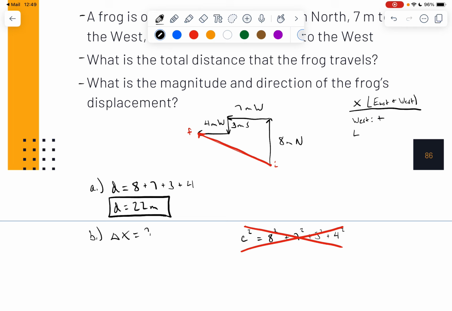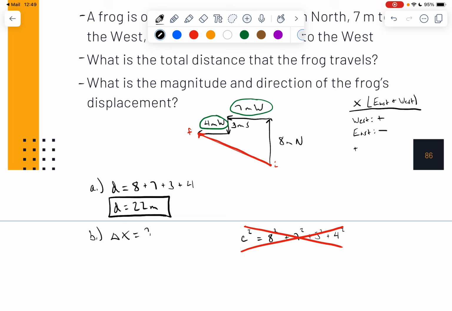And let's make east our negative direction. So we think about our movements east and west. Again, we're not really worried about the 8 meters north or the 3 meters going south. Right now, we're only focused on our 7 meters going to the west and then our 4 meters going to the west. So in this east and west direction,